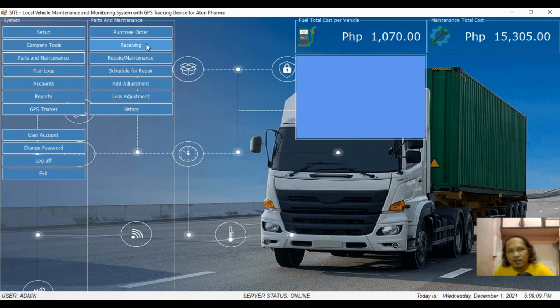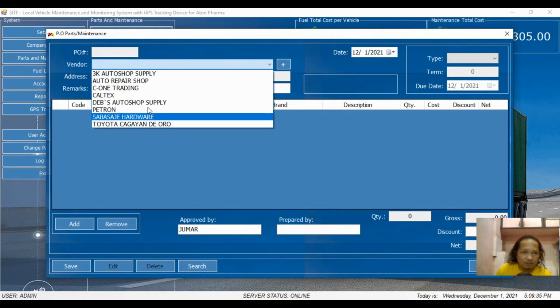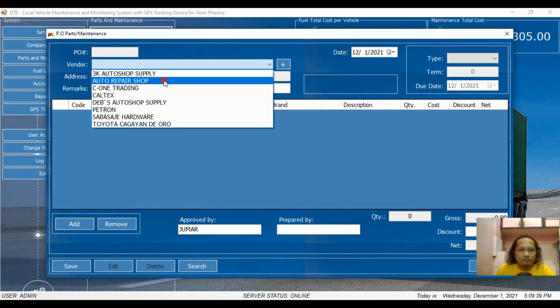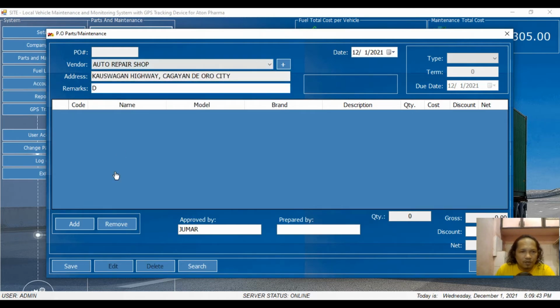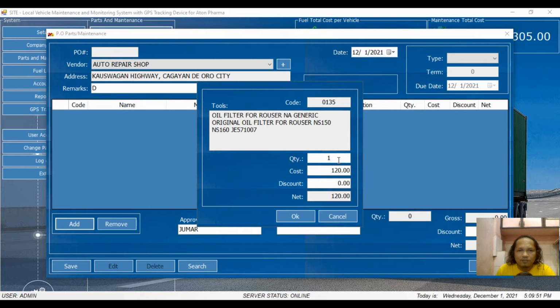So next is parts and maintenance. Basically, the company tools and parts and maintenance have the same process, so we can try this one. Click new for a new purchase order. Select the vendor. Add, then select the item. Input how many items, the quantity of the item that you want to PO. So for example, 5. So cost and